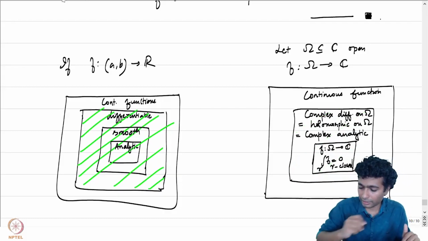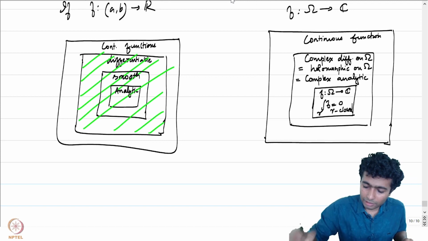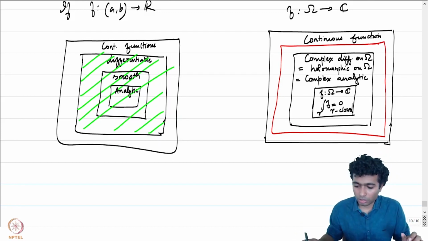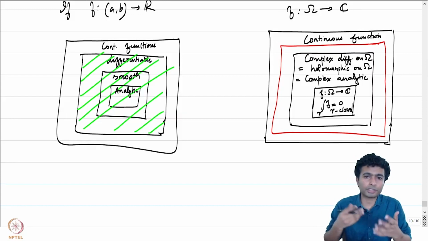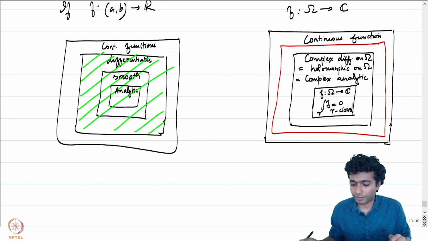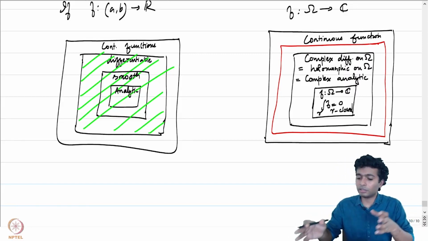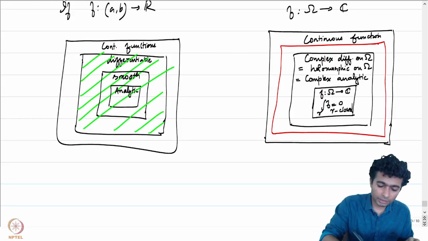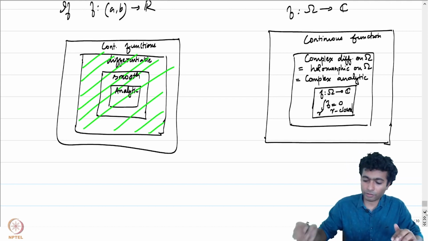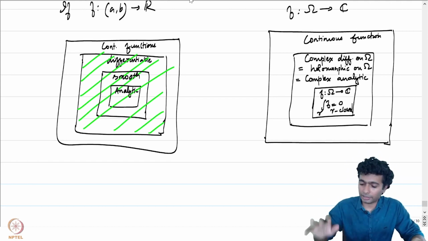So there is an extra class here. Of course, we do have an extra collection of functions which can be put here. Those functions which are real differentiable but which are not complex differentiable. Those real differentiable functions which do not satisfy the Cauchy-Riemann equations. Similarly, C^k functions for that matter, which do not satisfy the Cauchy-Riemann equations, or smooth functions which do not satisfy the Cauchy-Riemann equations. That's not something which is to be kept apart in our study. They actually do form an integral part of the study, but nevertheless, for the purpose of categorization of complex differentiable functions, we will focus only on them, and this is the diagram capturing that.